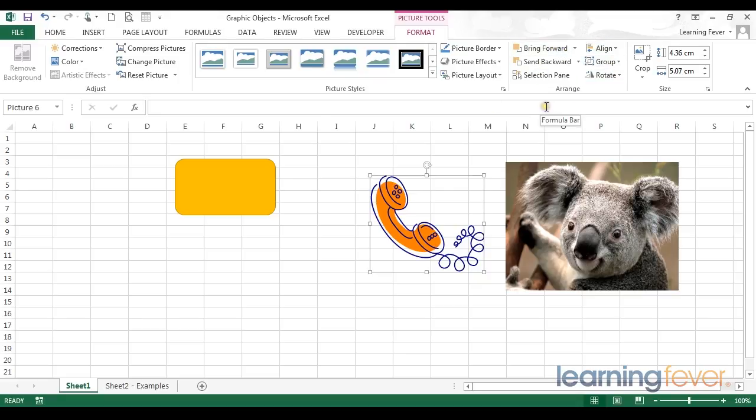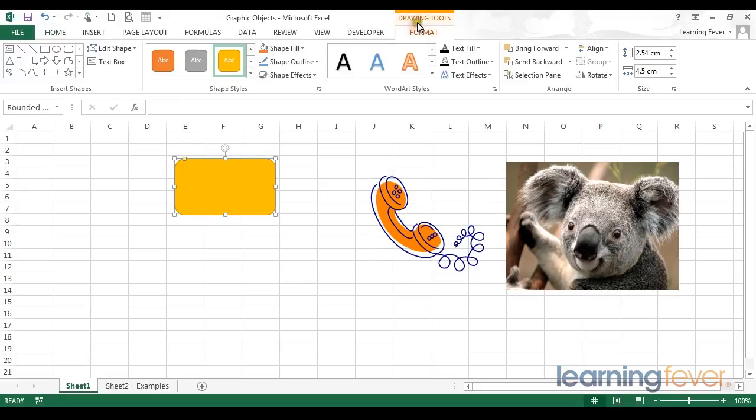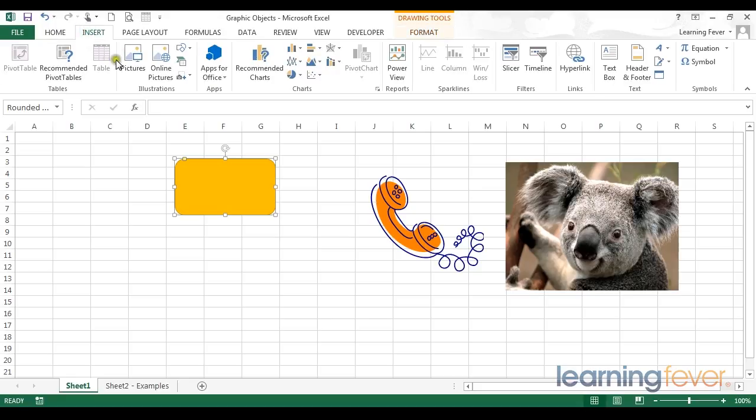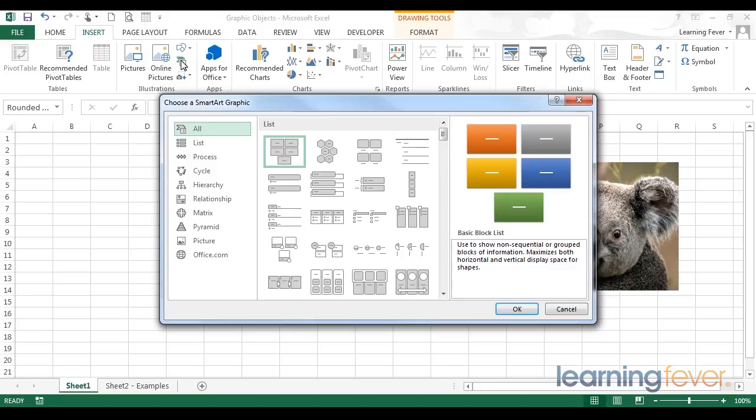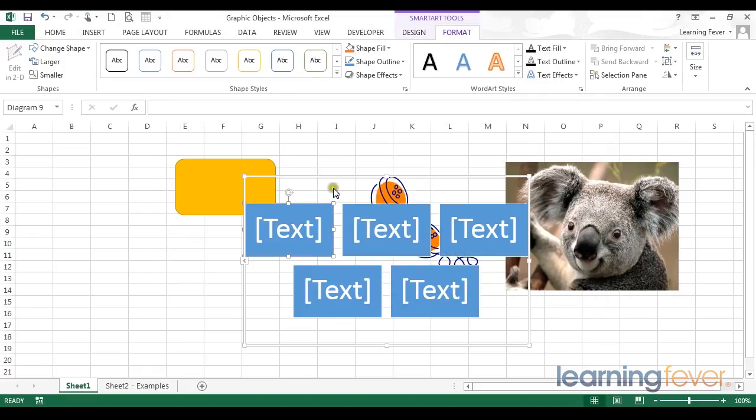within the worksheet. If I click on my shape, I still have the Contextual Tool tab, but different options are presented to me. Also within the Insert tab, I have the option of Smart Art. Within this list, there's various different templates I can choose from, and these are ideal for various process type diagrams, hierarchy, or relationships. When you choose one of the pre-designed templates, it is inserted into the sheet. You have various formatting options